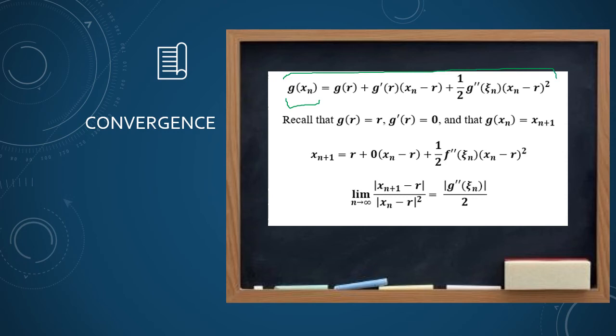theorems, many mathematical proofs, as well as a lot of other sciences, physics and such. So we Taylor expand g of x of n about r. Doing that, we get g of r plus g prime of r times x of n minus r plus this term. And this term is just the remainder term